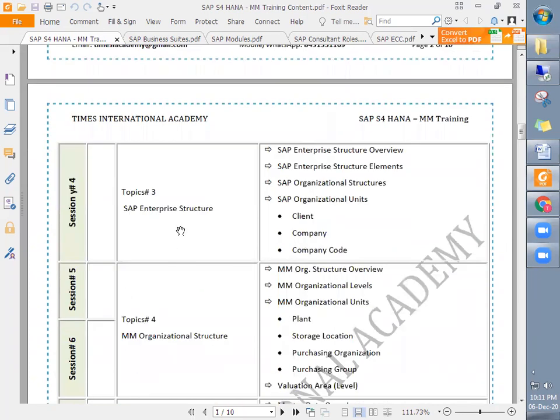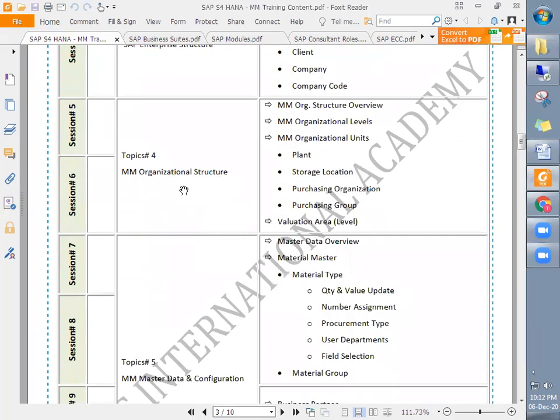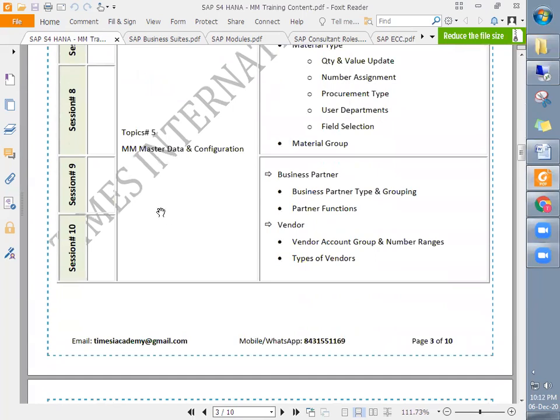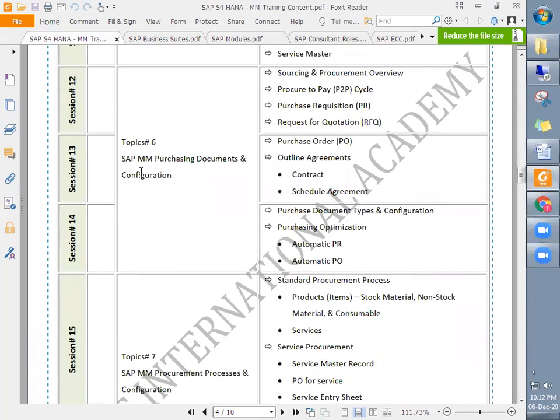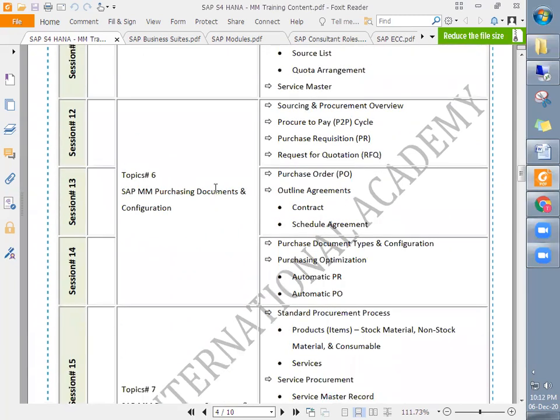Then we will move on to SAP functionality, where we will start with SAP enterprise structure, then SAP MM organizational structure, SAP master data and MM master data, SAP MM purchasing documents and configuration. You might have heard terms like procure to pay cycle.